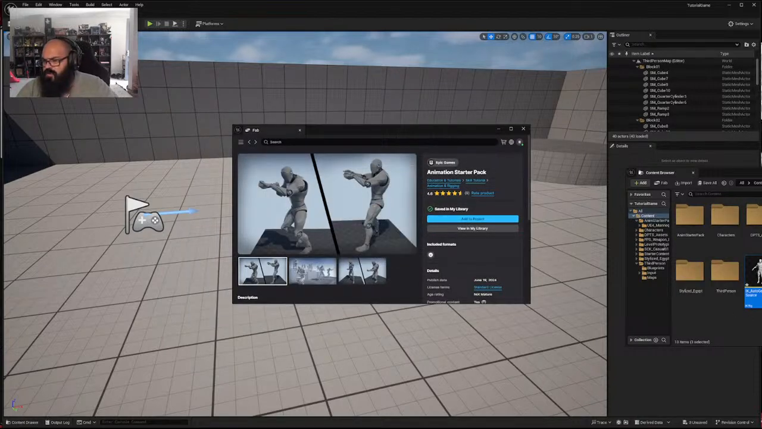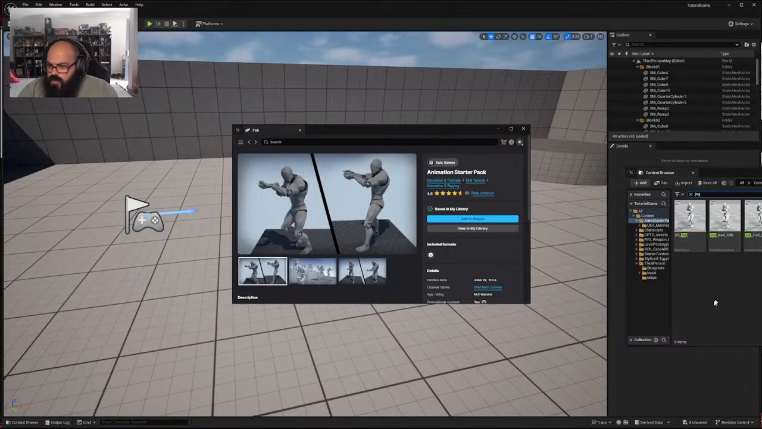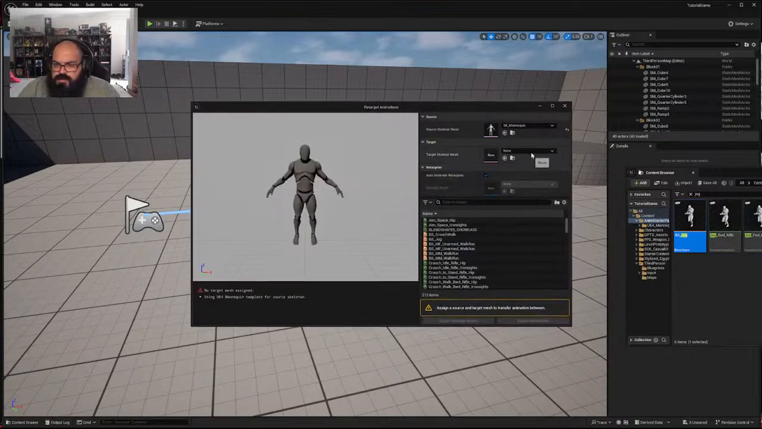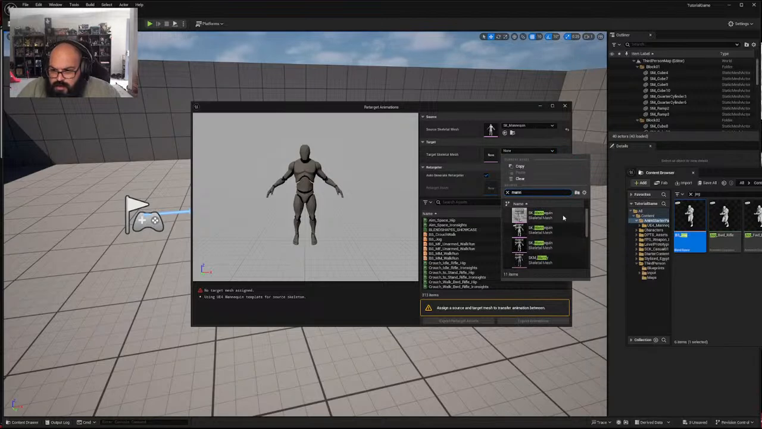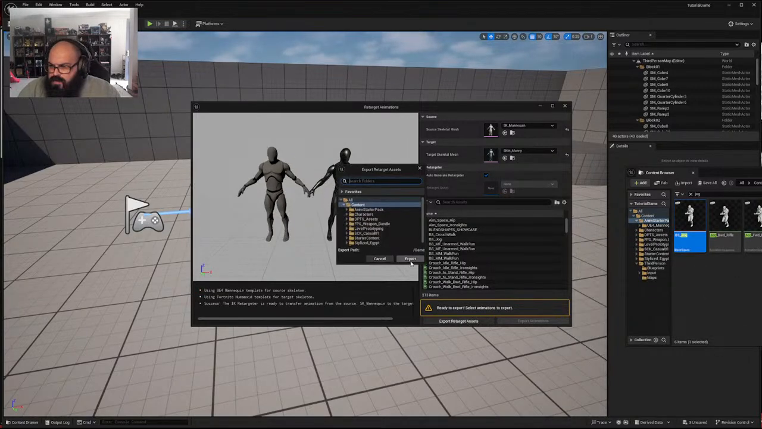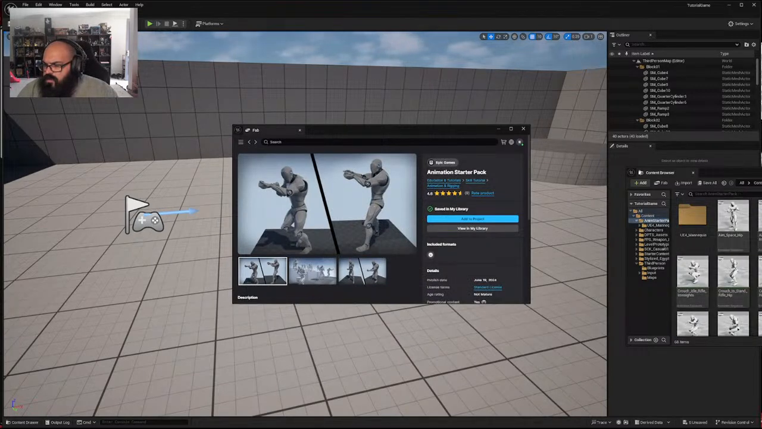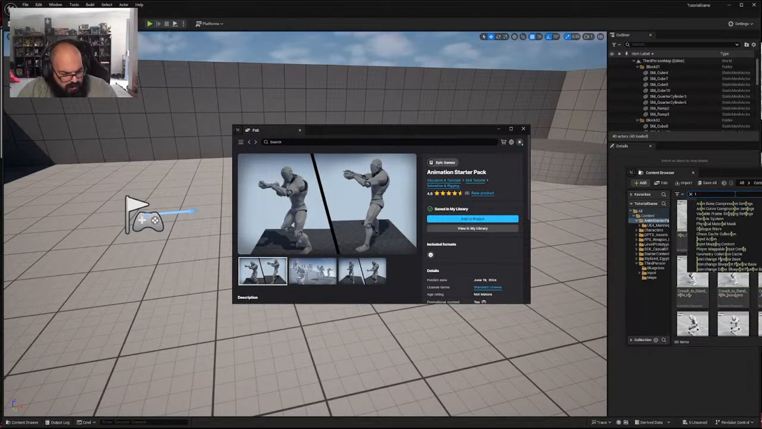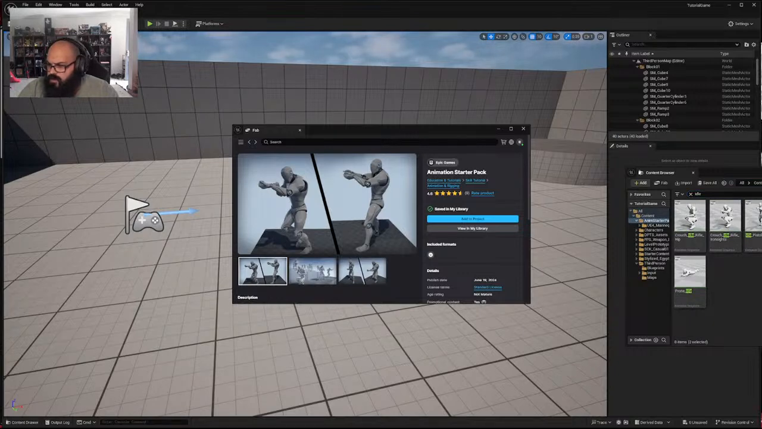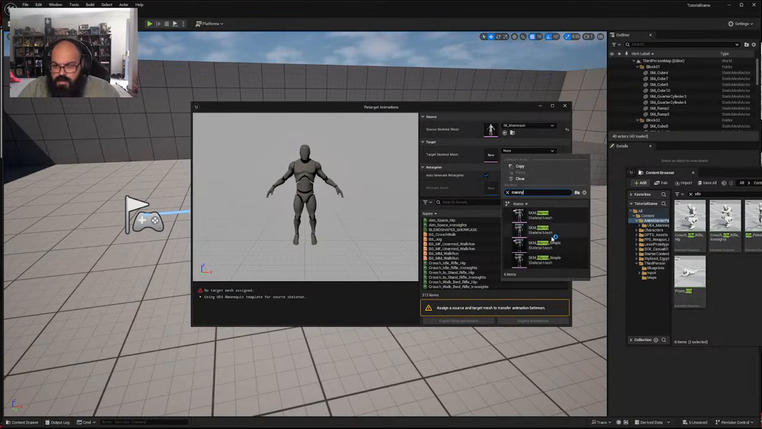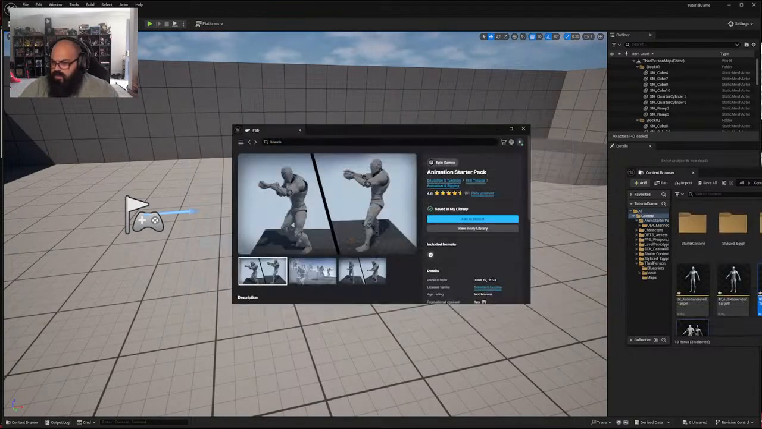Content, we go export. Jog. Retarget animations. Type in Manny. Retarget those animations. And then we wanted the other one, idle. That one. Retarget animations. Manny, mannequin. Export the assets, export. And then